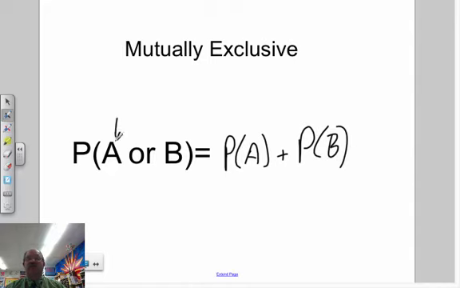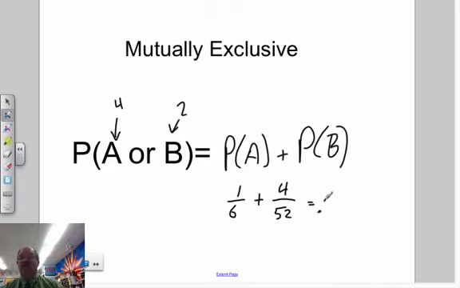So in this case, we want to know the probability of a 4 on the die or a 2 on the card. We just take the probability of the 4, which is the 1 out of 6, and we add to it the probability of the 2 on the cards, which is the 4 out of 52, and we get an answer. And we can just use our calculator. We could do all sorts of fraction conversions, or we could just put in the calculator 1 divided by 6, which is 1/6, plus 4 divided by 52, which is 4/52, add them together, and we come up with 0.243, which we know to be 24.3%. So about 1 out of 4 times when we roll the die or draw a card out of the deck, we're going to get either a 4 on the die